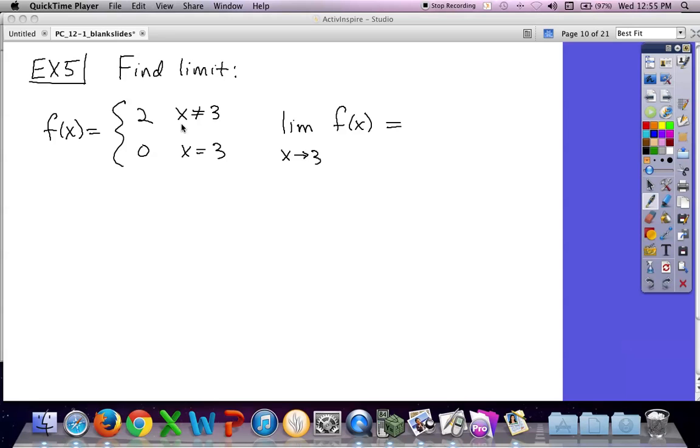So this function equals 2 when x does not equal 3, meaning for every value of x except for 3, the value of the function is 2. When x equals 3, the value of the function is 0, which is a very odd way to construct a function. It's only being done to make this example about limits. Right? So if I graph that,